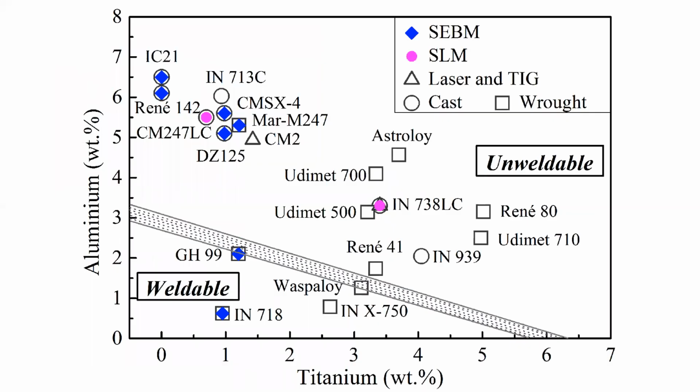So, what are non-weldable nickel-based superalloys? This term originally comes from the welding metallurgy community. The classification of non-weldable versus weldable is based on the aluminum and titanium content. There has been extensive work focusing on additive manufactured Inconel 718, which falls into the category of weldable nickel-based superalloys. This basically motivates me to work on the non-weldable groups, which include DZ125 as well as